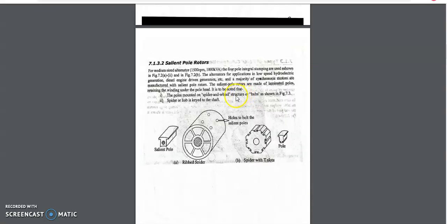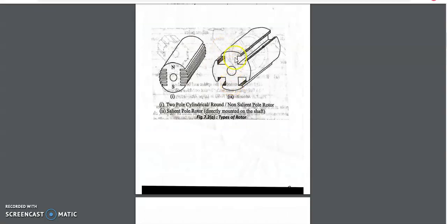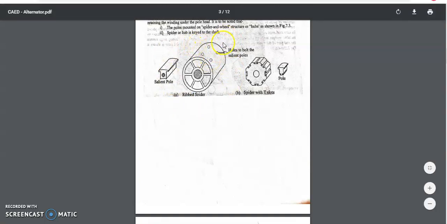Next, this is known as the spider. The middle one is the shaft, and for this shaft you will have this spider. On the spider they will fix the poles.